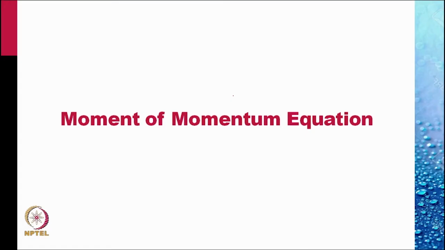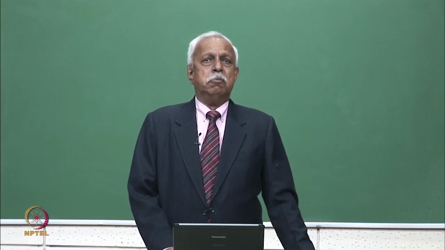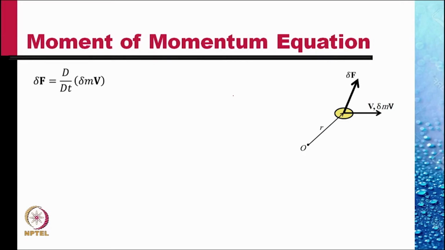Let's do one more section, the momentum equation. Consider a particle moving with a velocity v. Let its mass be delta m. This momentum would be delta m times v. Then, by Newton's second law, the net force delta F on this particle is nothing but the rate of change